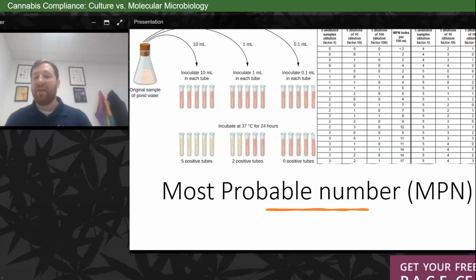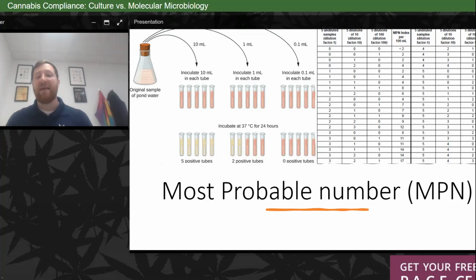Also on the market, there is most probable number analysis. It's a different kind of approach to a culture-based method of analysis. In food and environmental, we actually conduct these, or I should say we used to conduct these with test tubes, and you still could and abide by FDA and EPA methods of analysis. But through differing dilutions and the number of tubes that show positive, you can then indicate what level of contaminant is there.